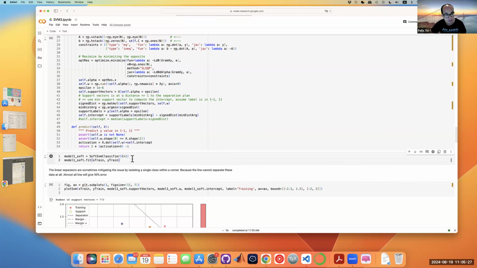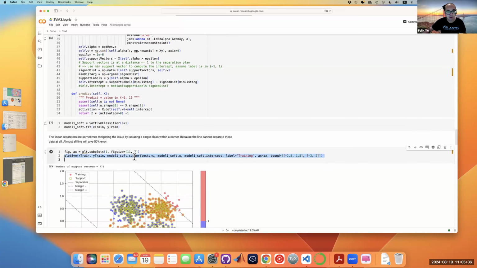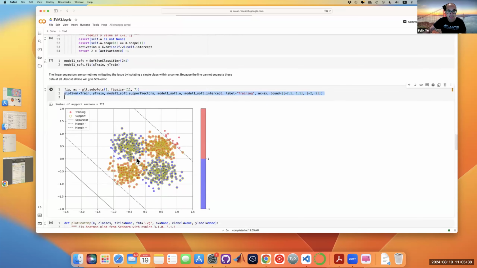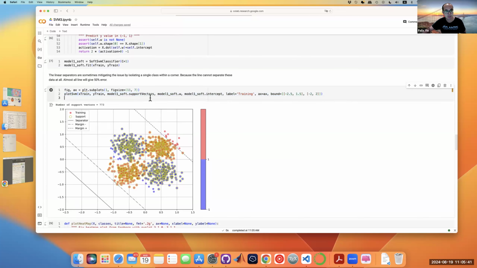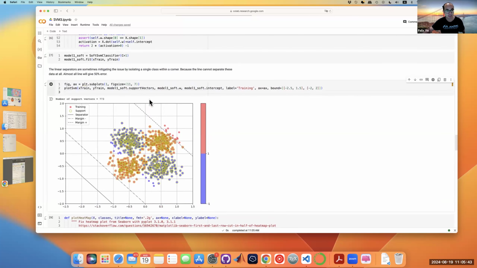Training with C equal to 1. So we have model soft, and we fit X train and Y train. Right here you can see this is my classifier, which is very, very bad. You can see these are my support vectors, and these are my separators. So basically everything above is being classified with one color, and everything in the middle becomes